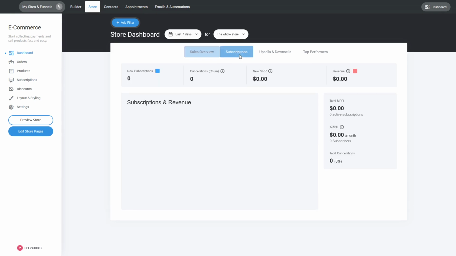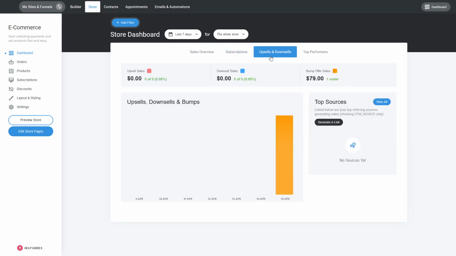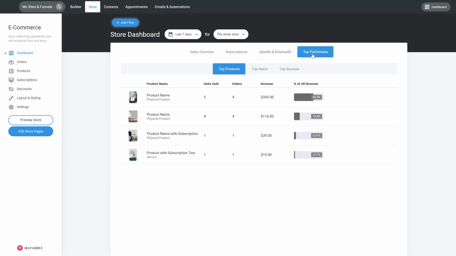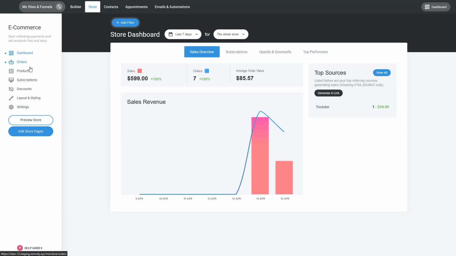Then you have a tab with all the subscriptions that you have. Again, if you don't have any subscription products, here it will just be blank. Then you have the upsells and downsells and bump offers inside your funnels. So you can see that information with the sales funnels. Really awesome way to see that information. Top performance, which are the most selling products, top users, top sources that are bringing traffic and sales to your store. So all this information from your dashboard, you can see all the orders, you can see all subscriptions, products, all these